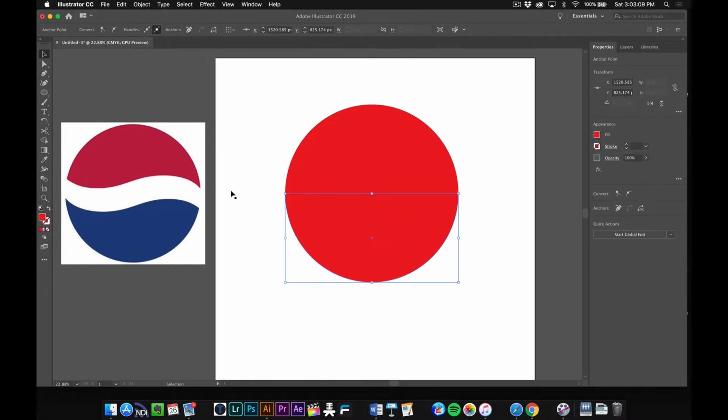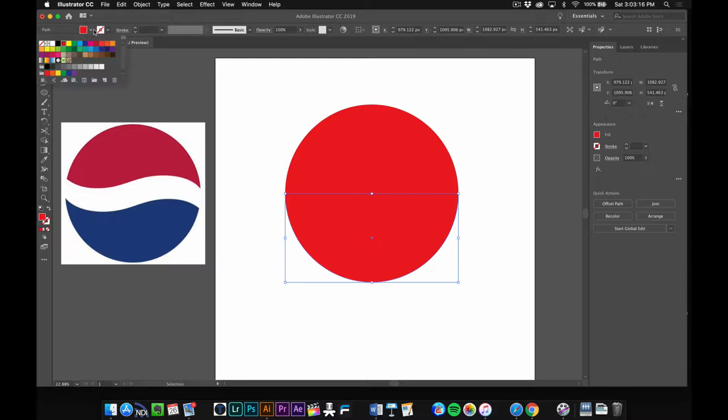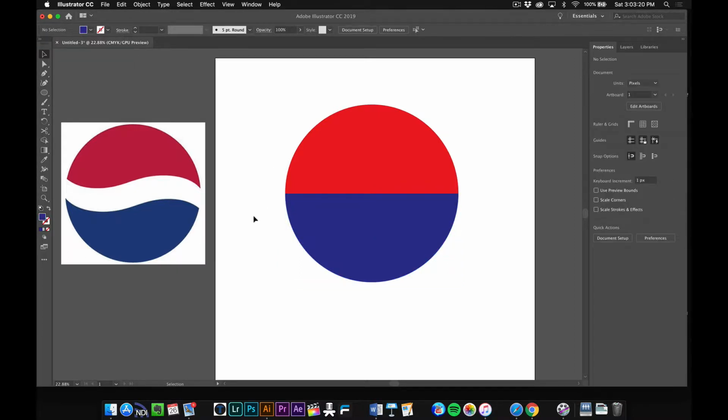I went back to the black arrow, and now you can see it's got 2 different ones. So I'm going to come over here and choose a blue. So now I got the Pepsi logo like this. So how do I get what's going on in between? Well, there's a couple of different ways you can do it. Number one,